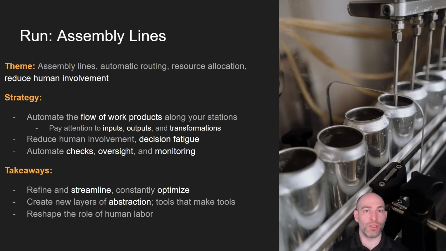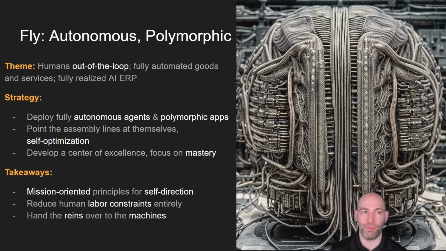And like I said, at first you're going to have humans doing most of the quality control, but what you should be doing is then using the AI to do as much of the quality control, monitoring, and routing as possible. And that is, once you develop that discipline where you have the workflows that are fully automated, that is where you get to the autonomous agents and polymorphic platforms. That is kind of the end goal here.